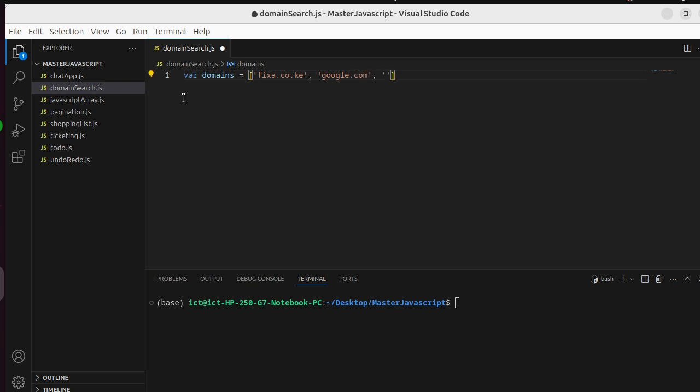It could also have linkedin.com. It also has another one, x.com. So those are all domains that are already taken. But we want now, let's say,